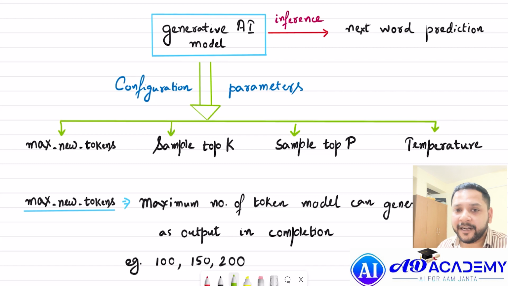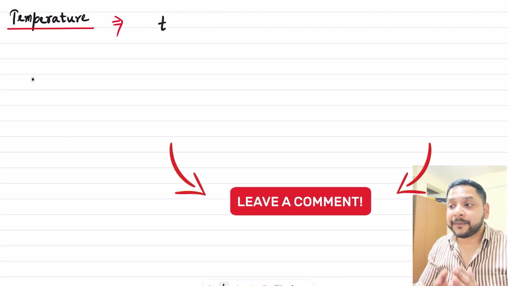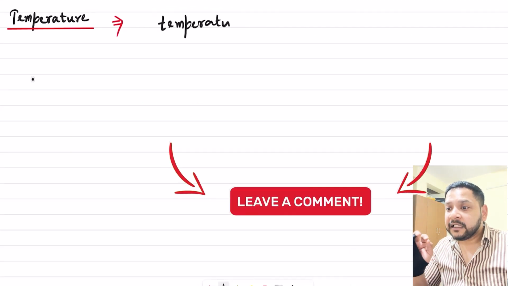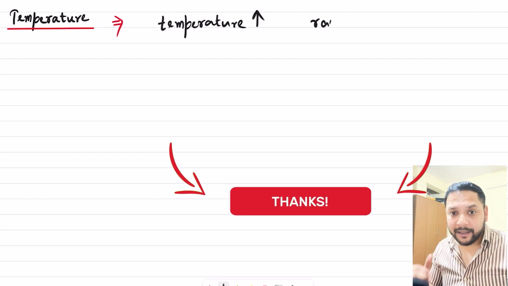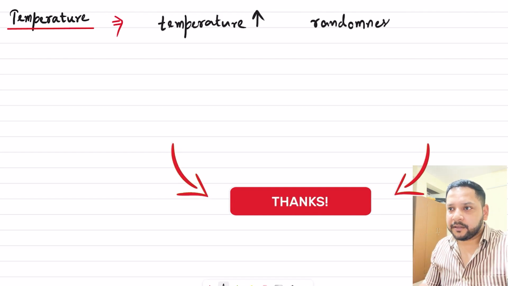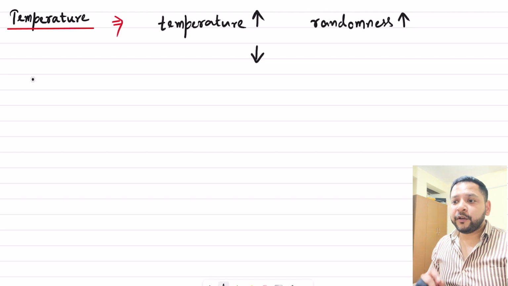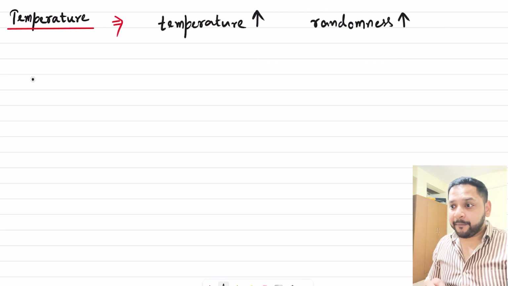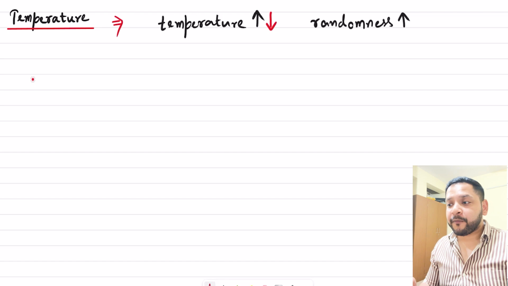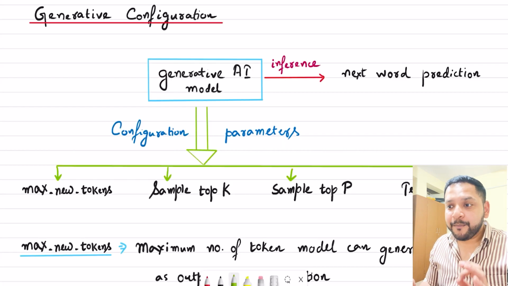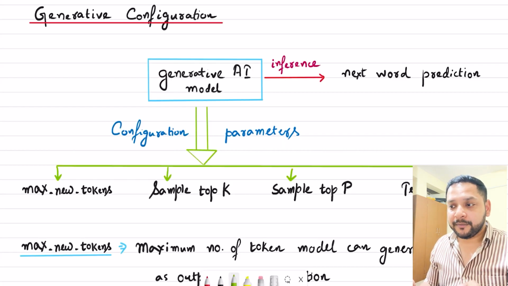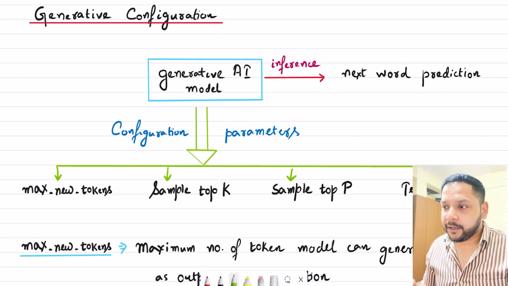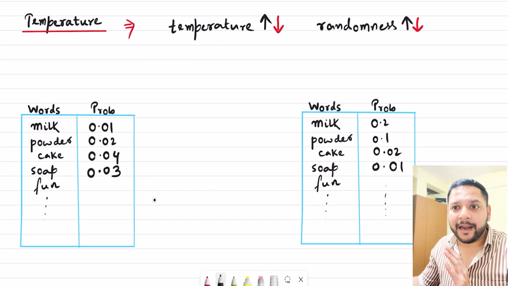Now the fourth parameter is temperature. Broadly speaking, the higher the temperature, the higher the randomness, and the lower the temperature, the lower the randomness. The temperature value is a scaling factor that is applied within the final softmax layer of the model, and it impacts the shape of the probability distribution of the next token. Let me give you an example. So here on the left hand side, I have taken words and the probability